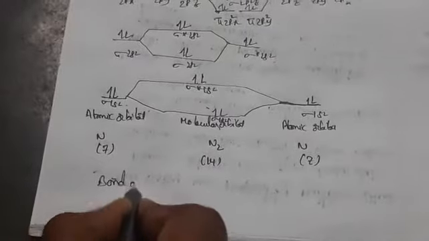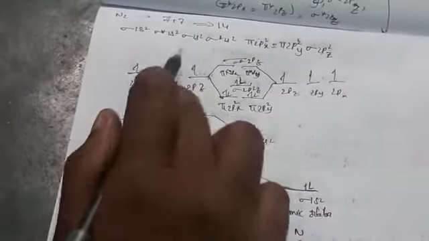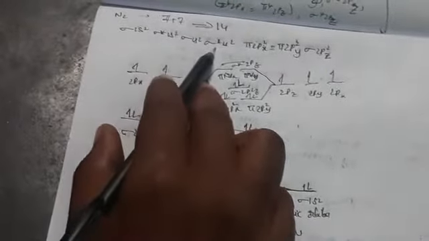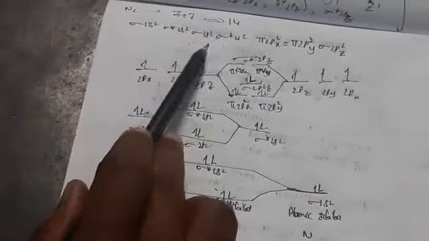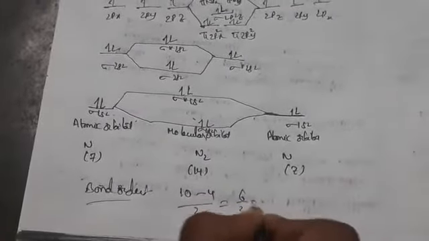Now if you look at bond order, bond order means what here? Half the difference between the bonding orbitals minus anti-bonding. Which has a star, that one we call anti-bonding. Which does not have a star, that one we call bonding. So if you count this here, 1 2 3 4 5 6 7 8 9 10. So 10 minus, star, how many? 4 we are having. So 10 minus 4 by 2. So total 6 by 2, you are having 3.